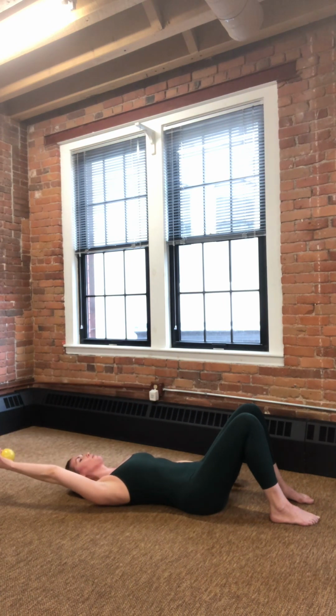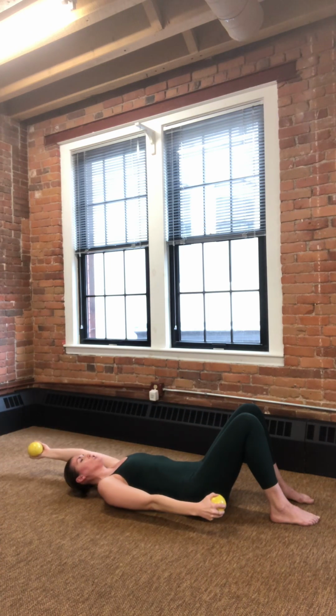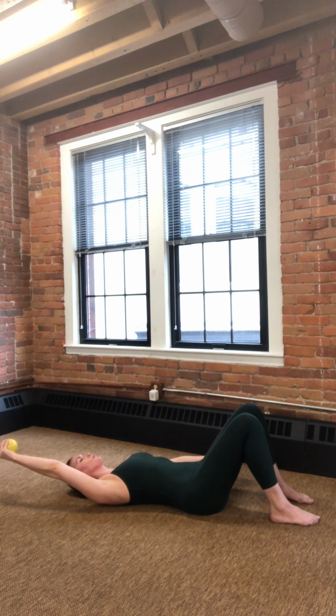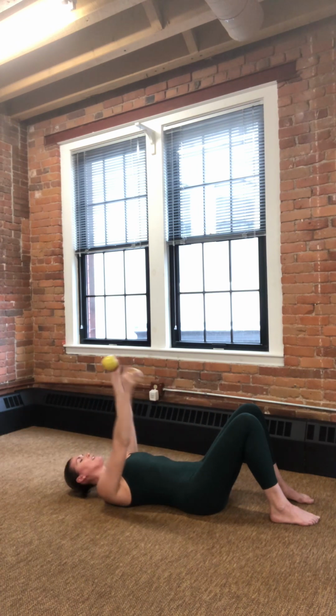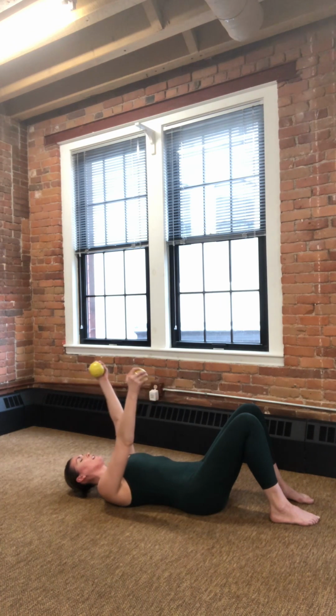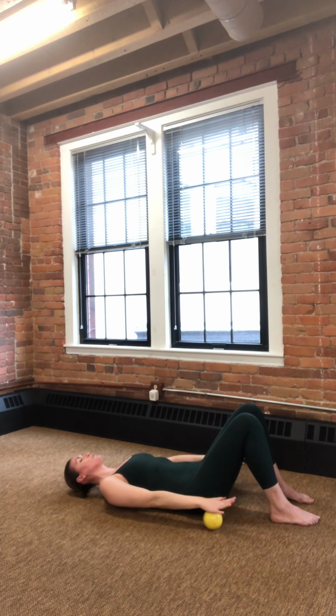4. So noticing that there's no movement or shifting through the rib cage. This is 2. And this is 1. Coming center. And then both arms are now coming down to the mat. And I want you to press the palms down. So even though we're not moving the upper body now, by pressing the palms down, we're just waking up the back of the shoulder, the lats, that